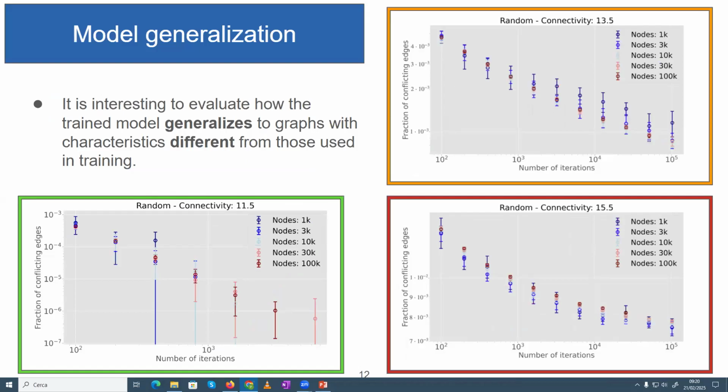Lastly, we decided to evaluate the generalization power of our model, and we applied the model to graphs having a different size with respect to the one used during the training. As you can see, we chose graphs with a number of nodes ranging from 1,000 to 100,000. And for all the sizes, the fraction of conflicting edges is statistically equivalent among all the graph sizes for all the possible connectivities